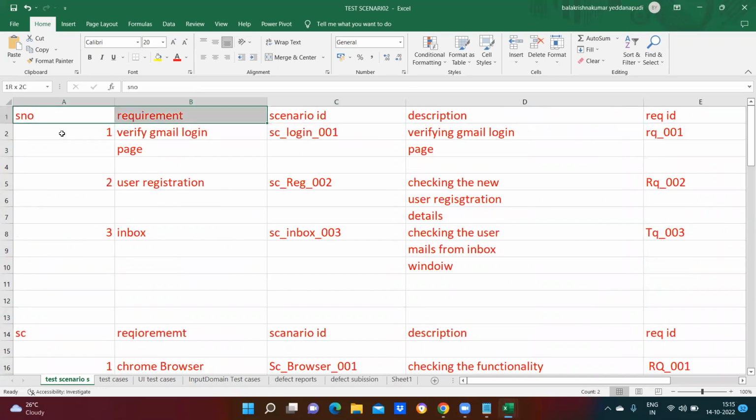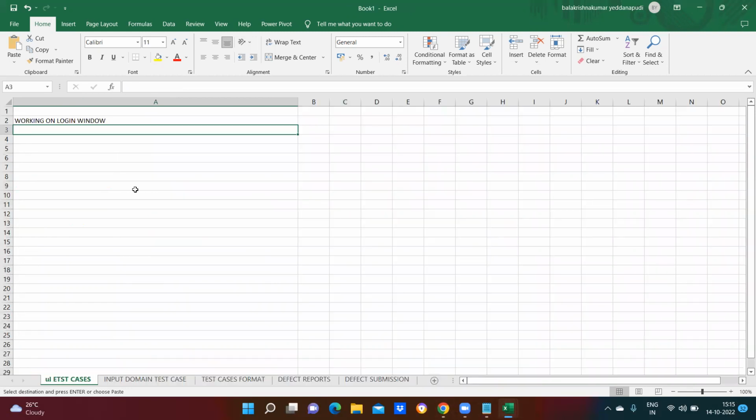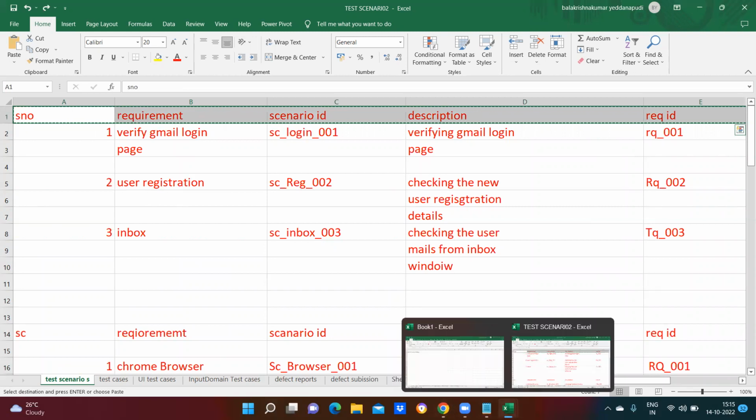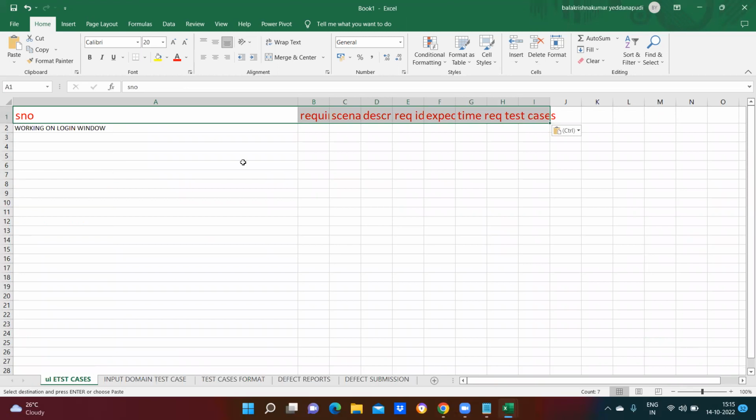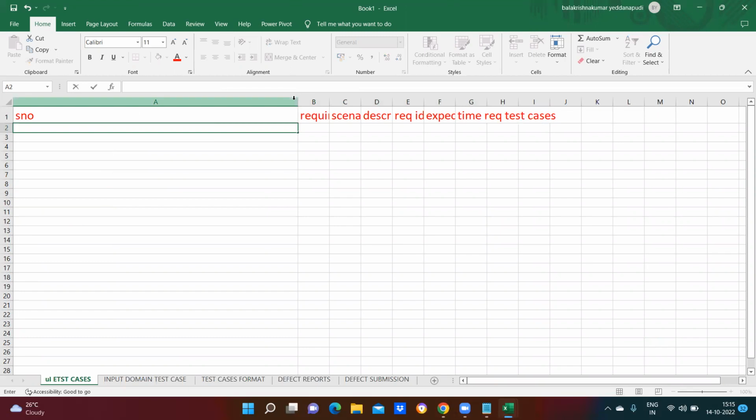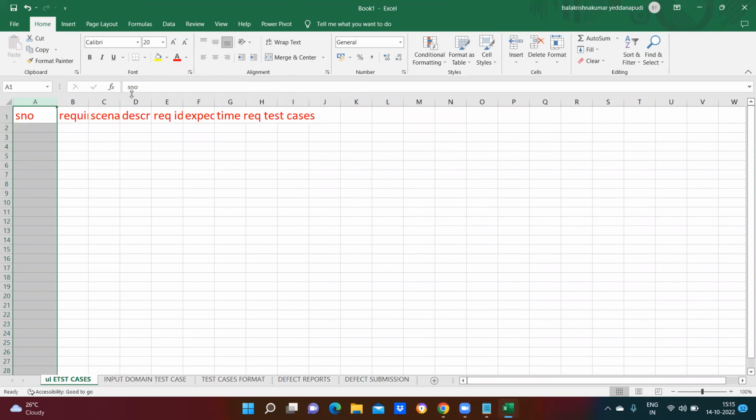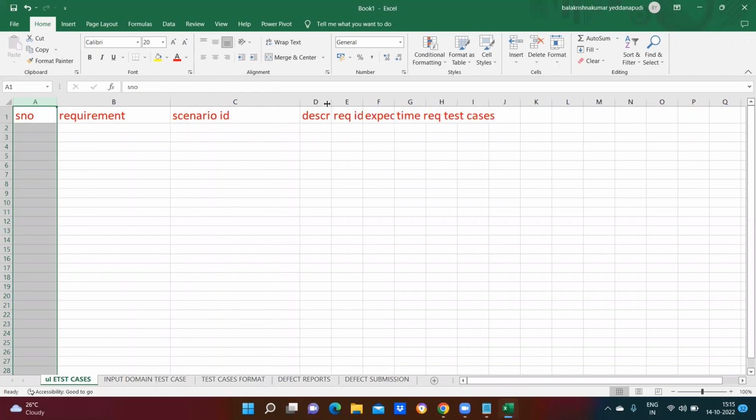So I'll create a scenario for this in a new sheet which I already created. Serial number, requirement, scenario ID,